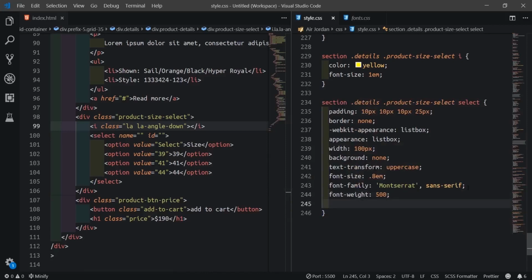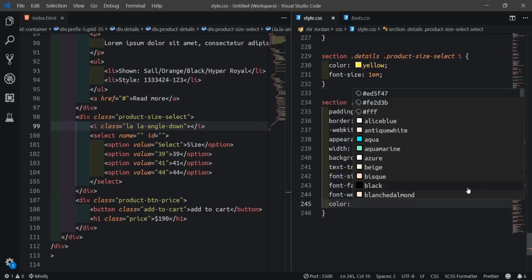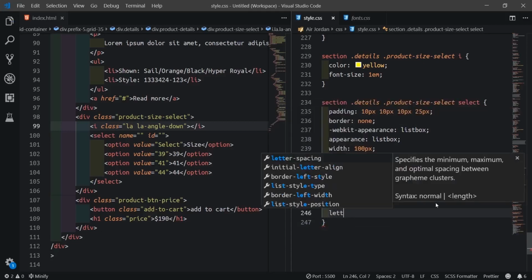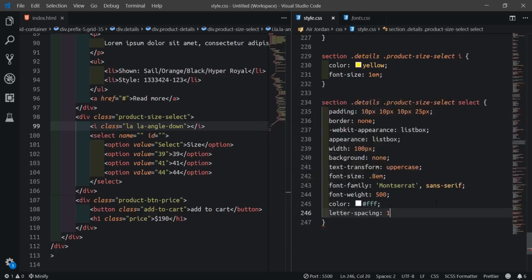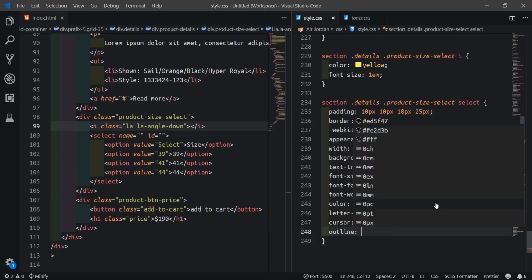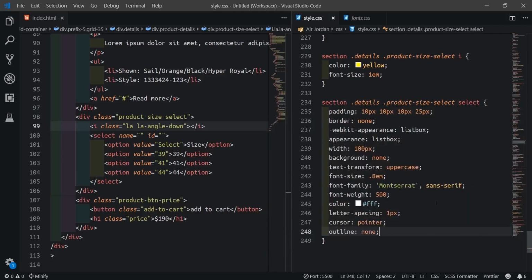Then I'll change the color to white. After I change color to white, letter spacing will be like 1 pixel. Then cursor pointer, so that when they hover on the list, the hand will show. Then when you click, outline to be none.